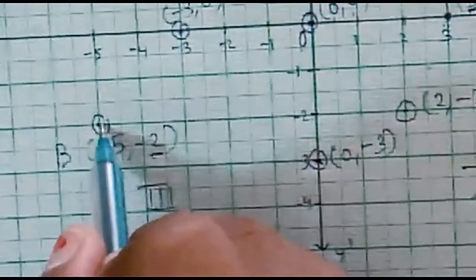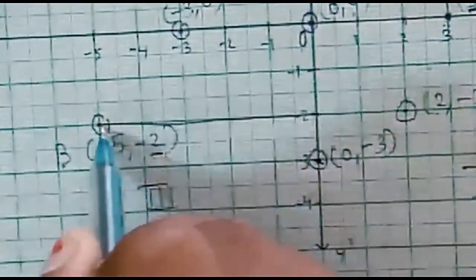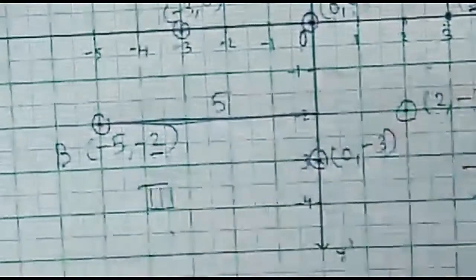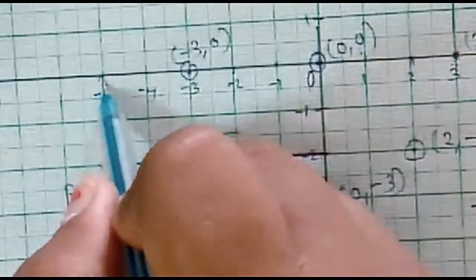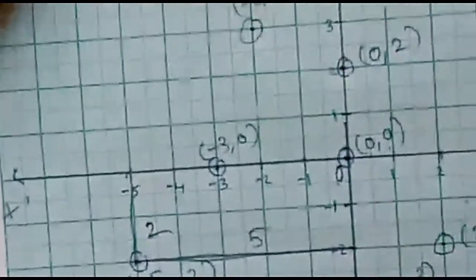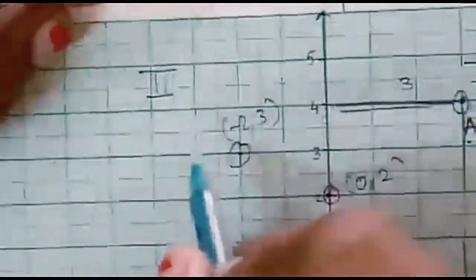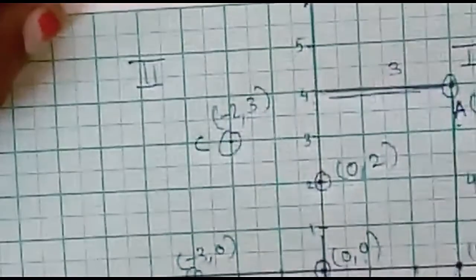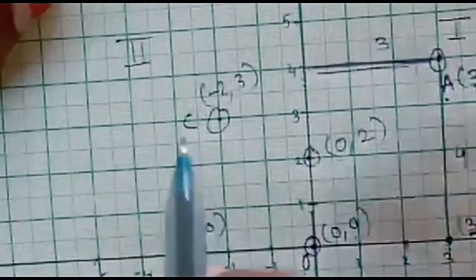Okay, so now you can practically draw and see. This is the distance from y-axis, which is 5. Okay, and this is the distance from x-axis, which is 2. Right? Now let me check whether you are able to answer me or not. Let us take the third point to be C. I told distance is never negative.